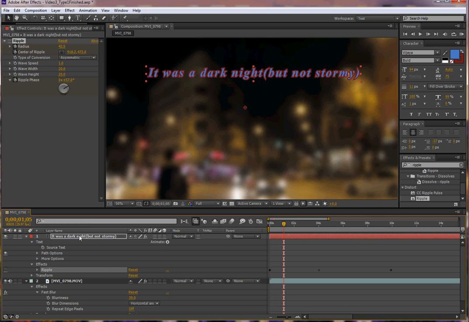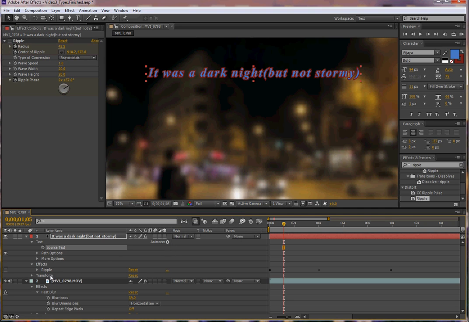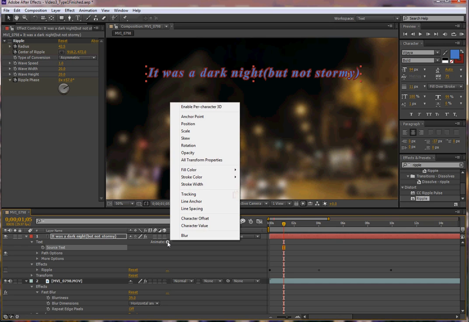In the text layer itself, there's an option over here called animate, and by clicking on it, it gives you all the properties of the text that you can animate. Before, I was using the transform opacity to fade on and off. In this case, that would be global for everything on the layer, and with the text you can sort of subdivide things a little bit more. So sometimes it's more of an advantage to just animate specific properties via this little widget here. So if I click on this and say animate opacity,